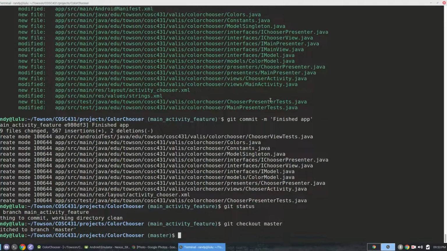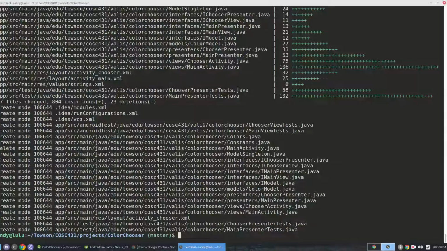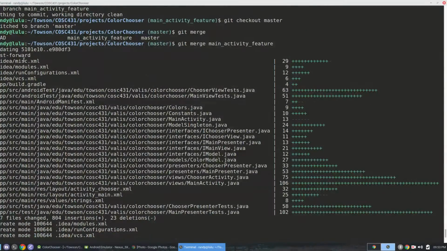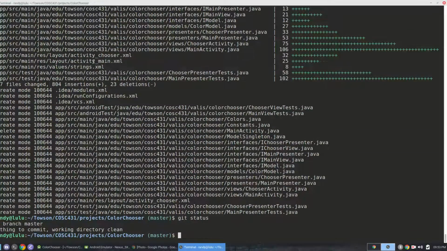I'm going to recheck out the master branch. I'm going to merge in my changes from the other branch. My other branch is main activity feature. And I did a fast forward merge. It should, yep, there it is, fast forward. And now I want to push this to